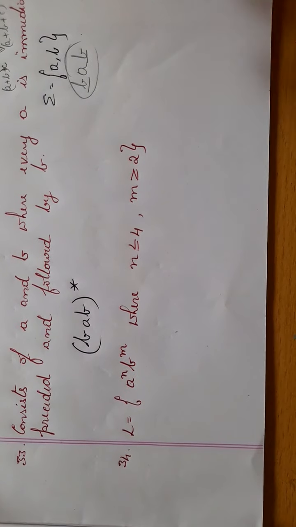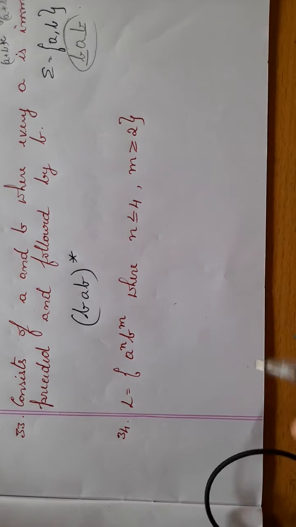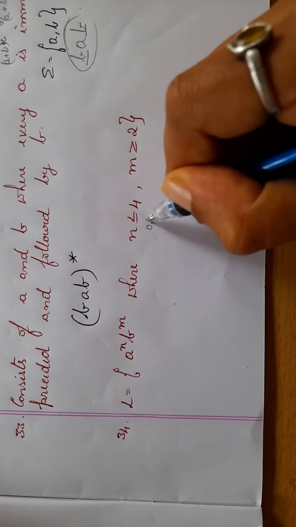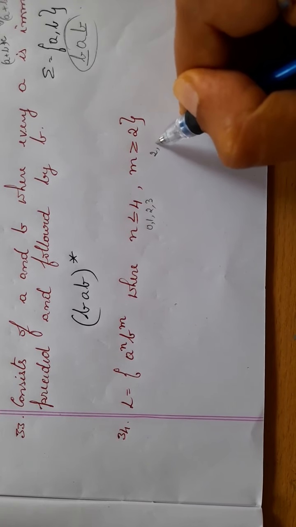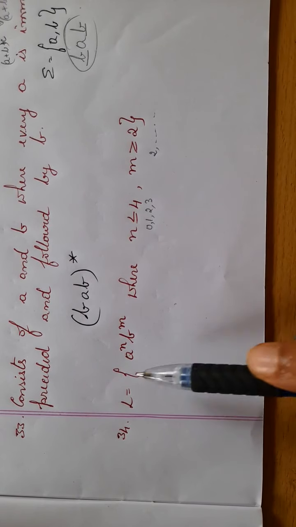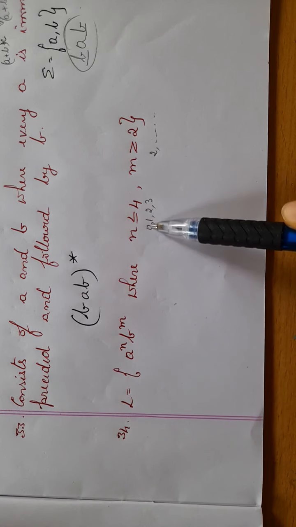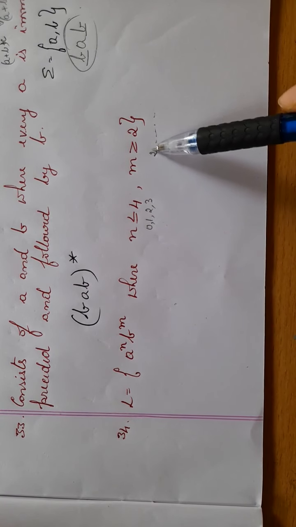The next one, the number of A's and B's. The number of A's with respect to n, that is the value of n is less than or equal to 4. That is, I don't have negative values here. So the combination will be either 0, 1, 2, 3. So m minimum is 2, then it can be any number of times. It is similar to the problem that was done that time. So A can either be 0 or 1 or 2 or 3. And what about the number of B's? B's minimum it is 2.